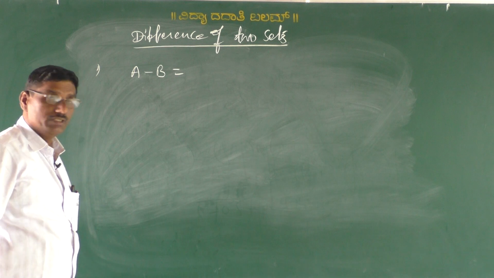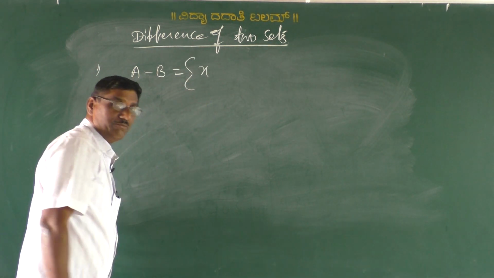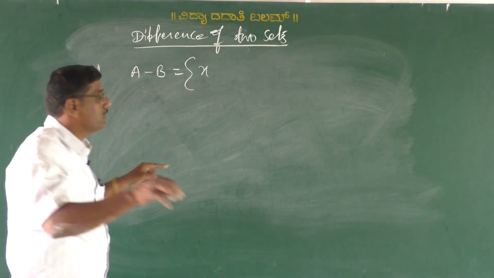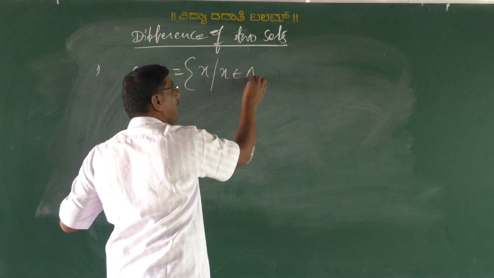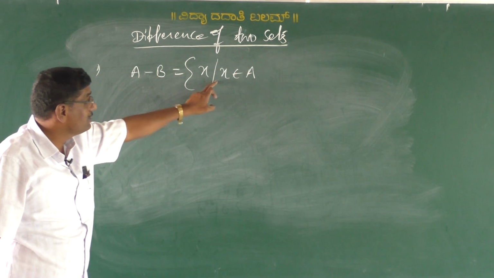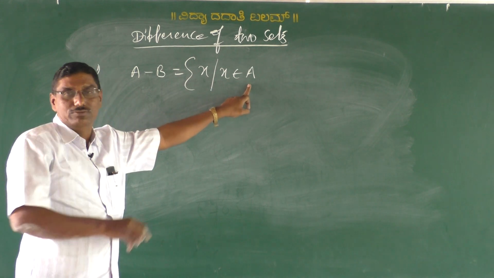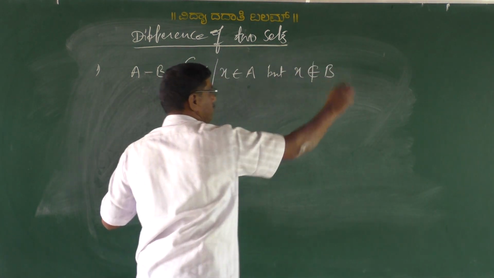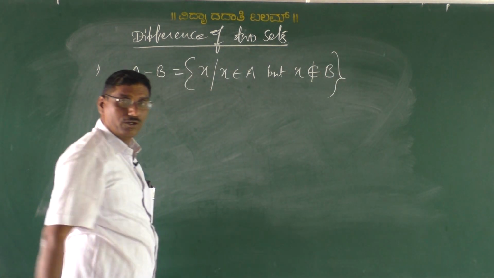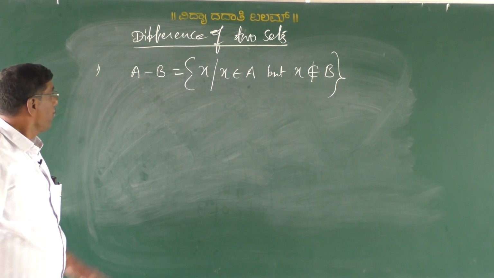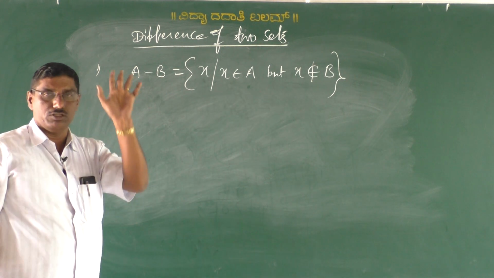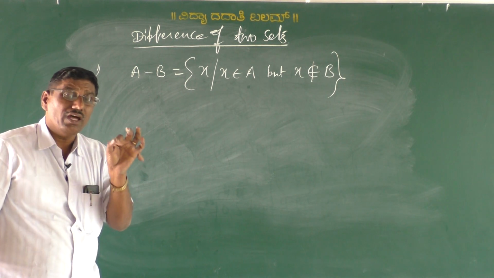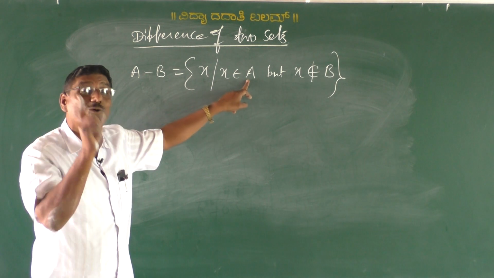is equal to the set of all elements X, my dear students, listen carefully. Set of all elements X such that X belongs to A, listen carefully, X belongs to A, but X does not belong to B. Have you understood this one? A minus B is also one of the sets, no doubt. That means we defined the set of all elements which belong to A only,